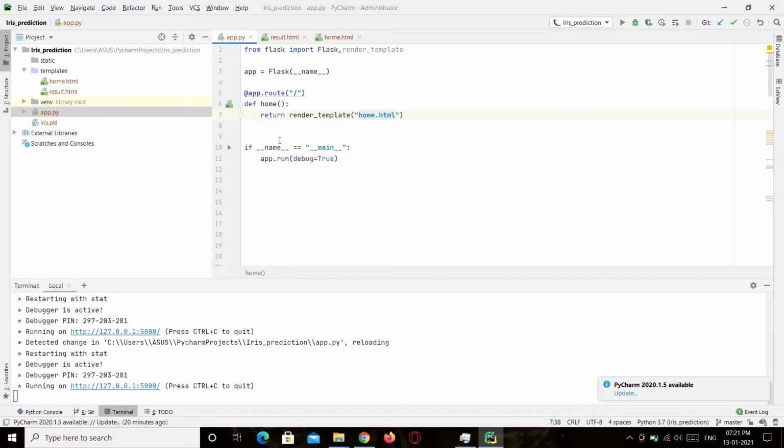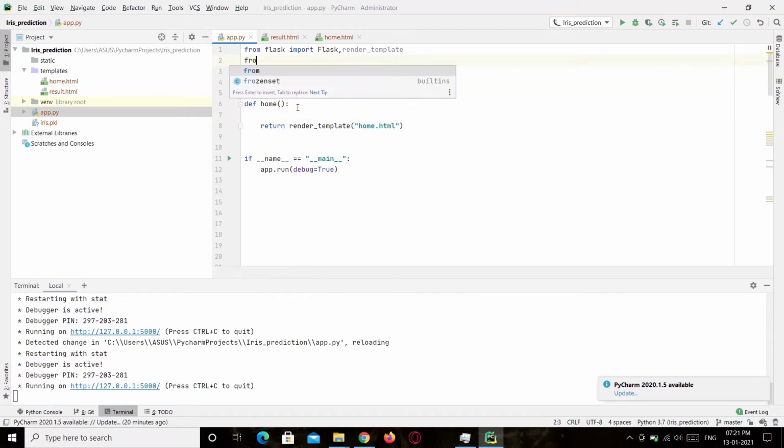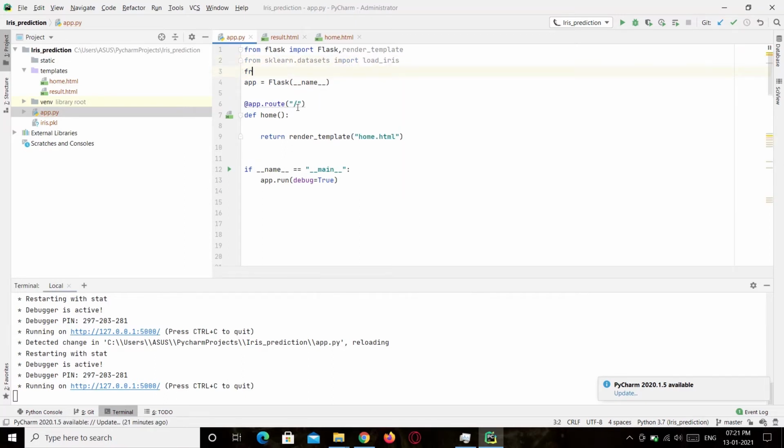But before that, we'll have to initialize our model and train it. For that, we'll be importing the Iris dataset from sklearn. We'll train this model using the k-nearest neighbor algorithm. For that, we'll import the KNN module.